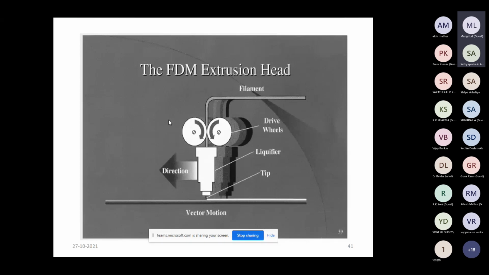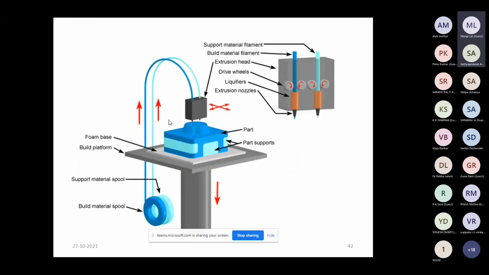In fused deposition modeling, in this picture, we can understand that two types of filament are used. One is for the actual material, and one is for the support material. There are two filaments going into the extrusion head, one for the actual part, and one for the part supports.